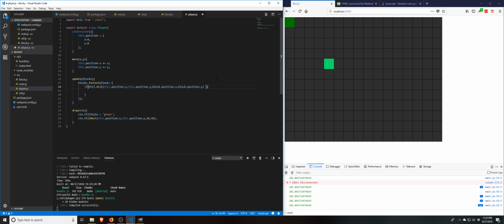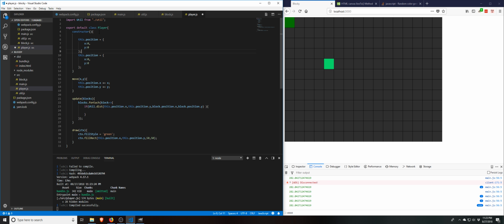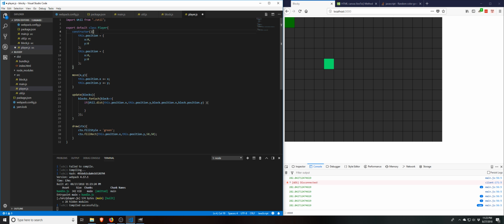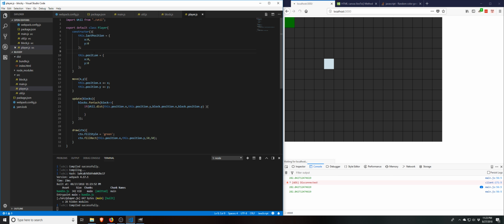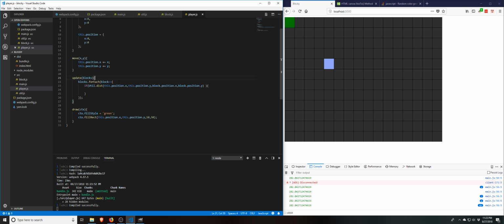Okay, so here's the thing. If we're at 50, we know we can't go any further. So we'll say, okay, let's always store our last position. That's what we'll do. This is not the most efficient way to do it, but I think it'll actually work well for us. So last position equals that. And we're going to say, okay, so we'll do this. We'll go ahead and